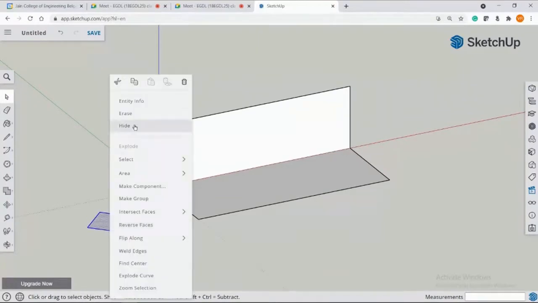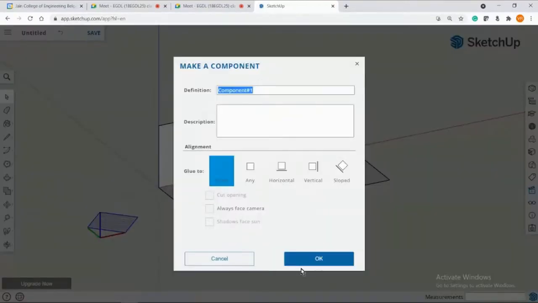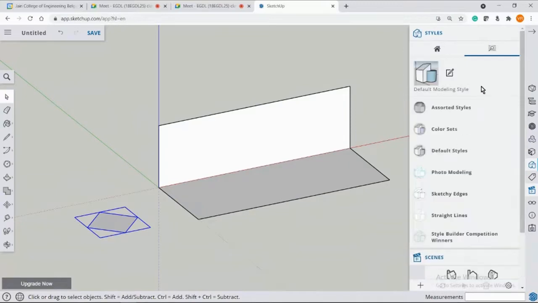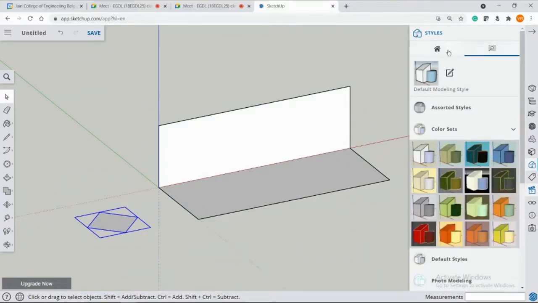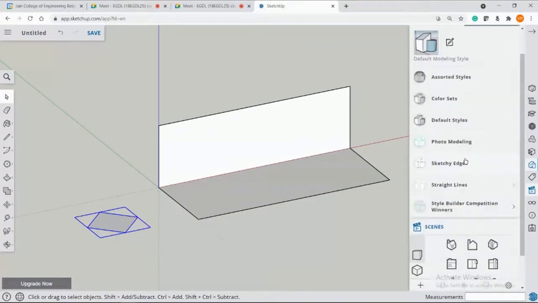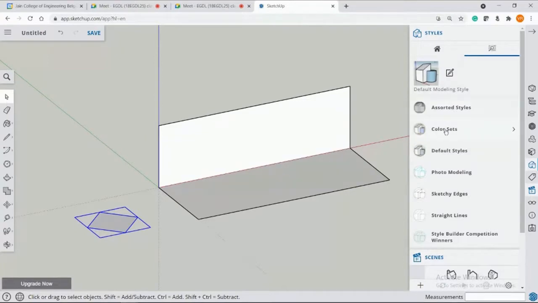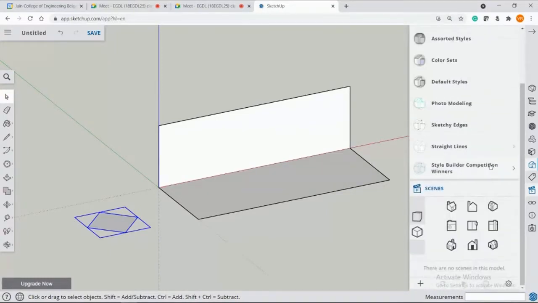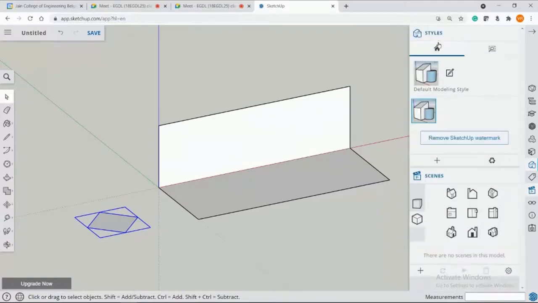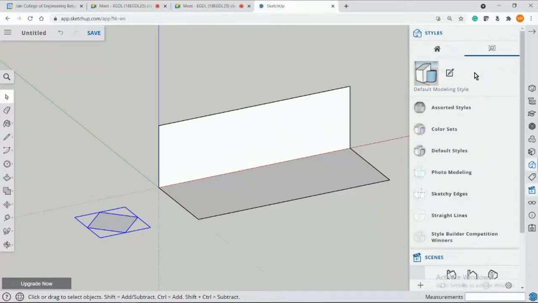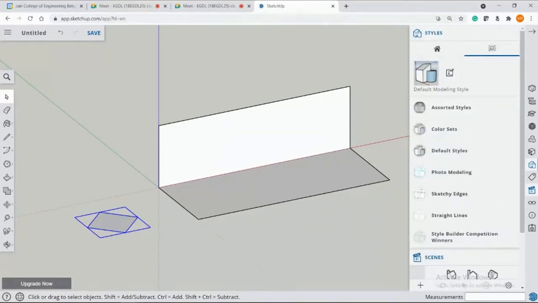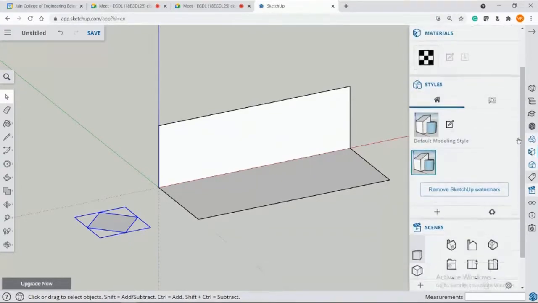Then let me make this a component, and let me color it. Where did that go? Yeah, it is here.